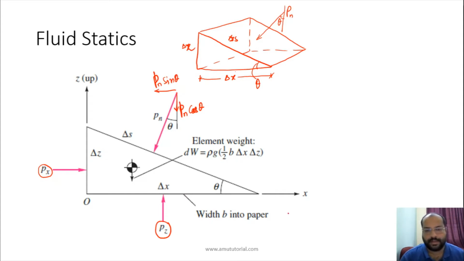And suppose the weight of this small wedge, for a very small volume, is dW. How do we calculate the weight? The weight of the wedge will be equal to the specific weight, or unit weight,